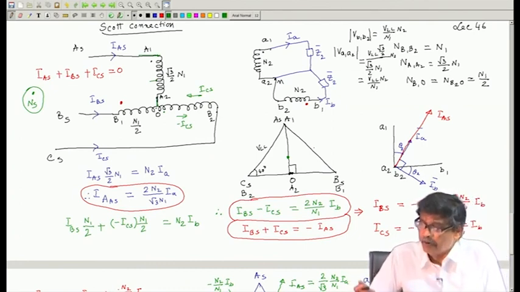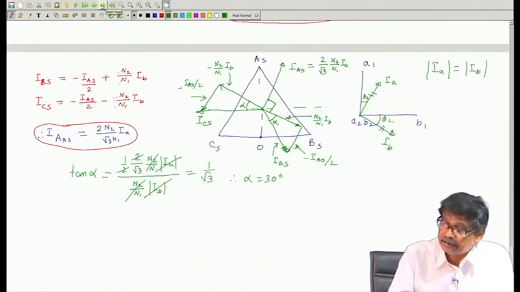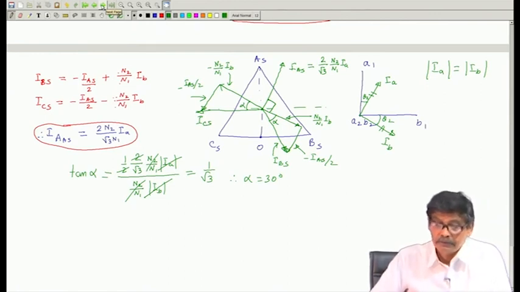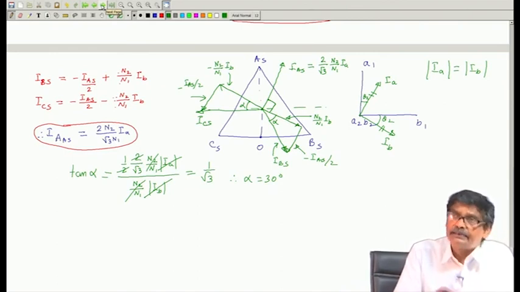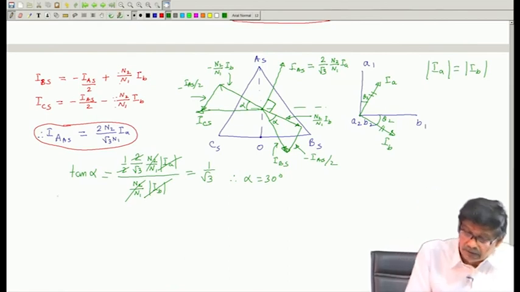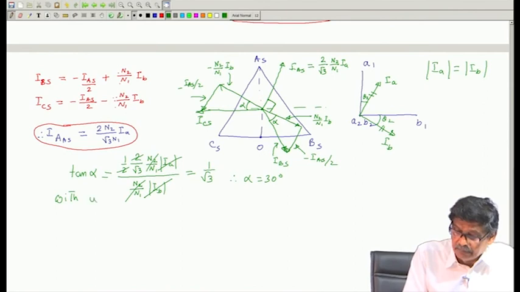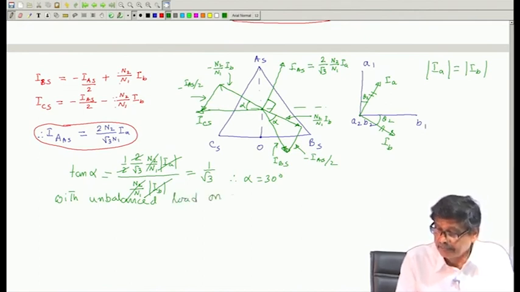Only one last point is this, that this diagram I have drawn for balanced load, but these equations are true for balanced and unbalanced load as well. What I mean by saying that, with unbalanced load what happens? With unbalanced load connected on the secondary side,